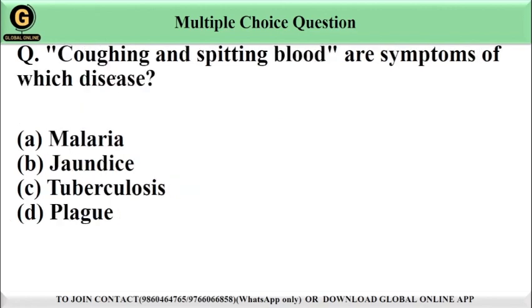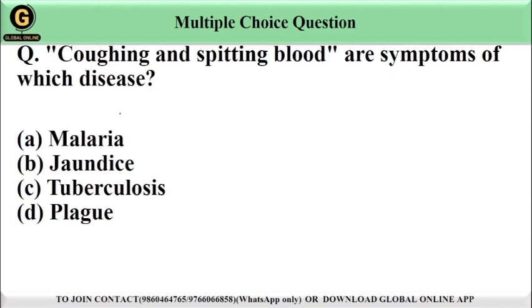Coughing and spitting blood are symptoms of which disease? Options are given. Option A, malaria. Option B, jaundice. Option C, tuberculosis. Option D, plague. So friends, tuberculosis or TB is a bacterial infection that primarily affects the lungs and is characterized